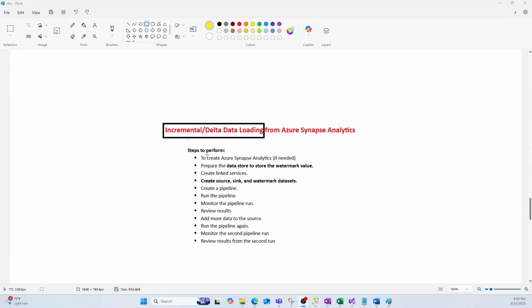Welcome back. In this video, we'll be doing incremental data load using Synapse. Incremental data load is very important when we're dealing with a larger data set. We want to load only the delta data. So for that, in this demo, I will be popping through the Synapse